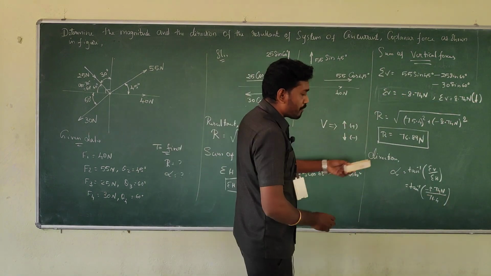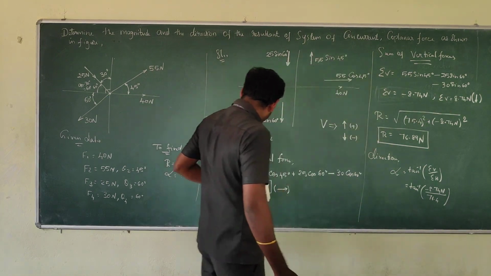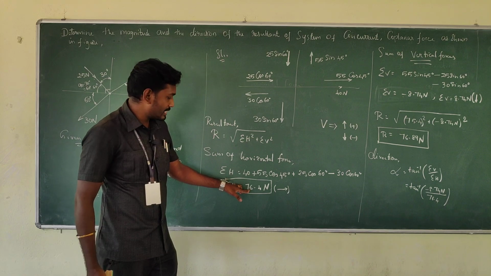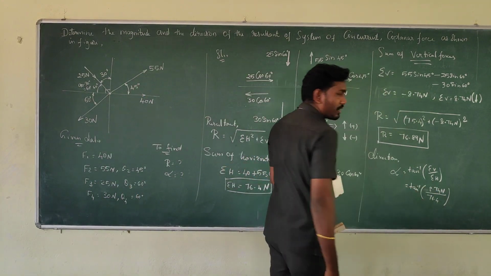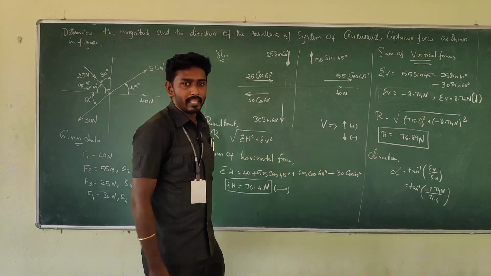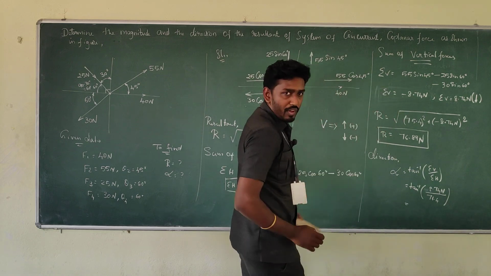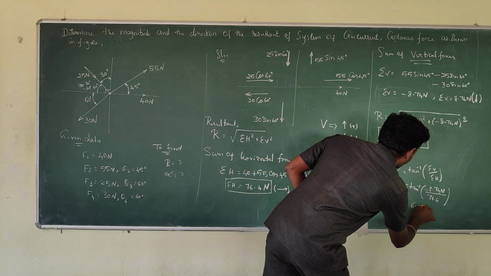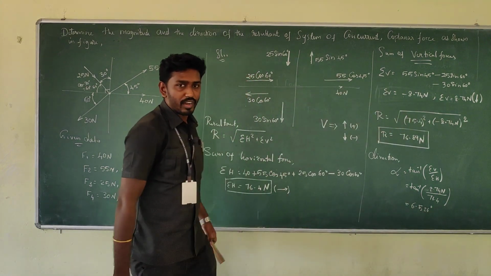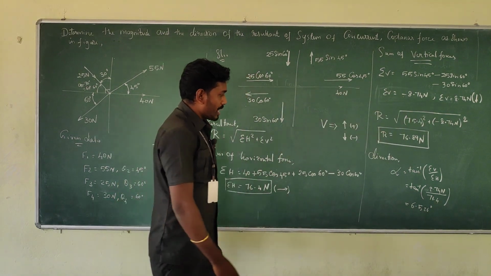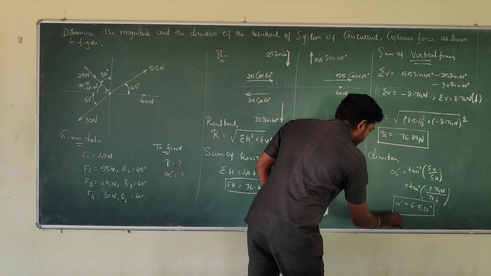So the magnitude of summation of V is 8.74. Magnitude of summation of H is 76.4. So here we have to put 8.74 as the magnitude in the alpha. If you do the calculation, you will get the alpha value as 6.526 degree. So after completing this, the important stage is the result.